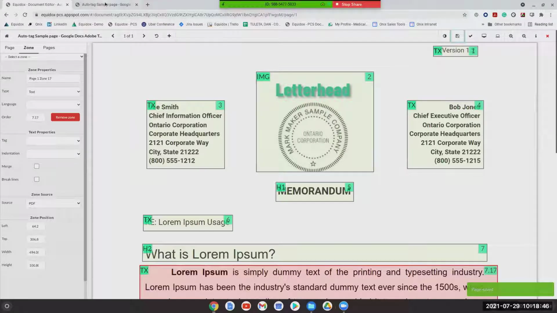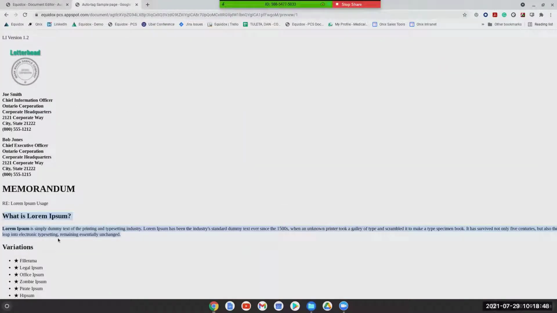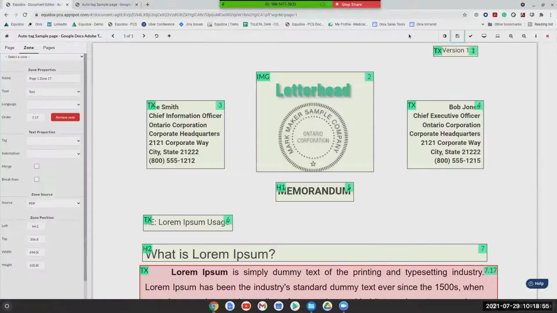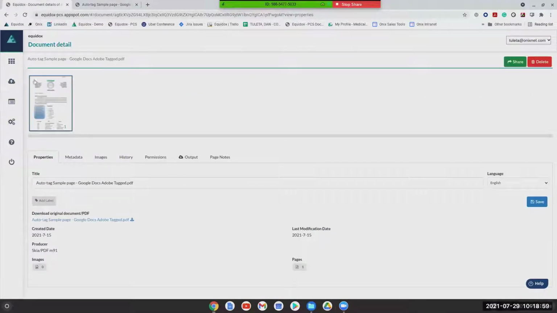And I'm able to confirm that work that I'm doing over here in my HTML preview. So this is sort of a replacement or a supplement to Acrobat's accessibility checker to know that you actually have produced a good document with good structure that is going to be very compatible with screen reading technology.